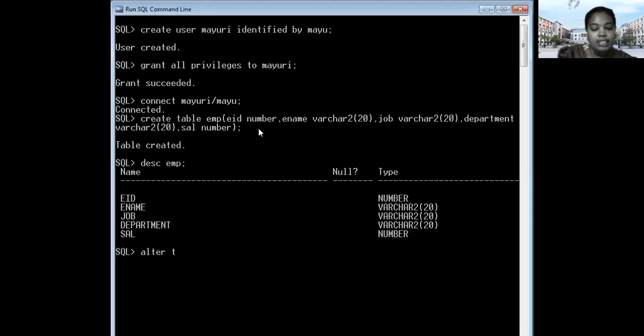Alter table, table name as employee, rename column, column name job as designation.